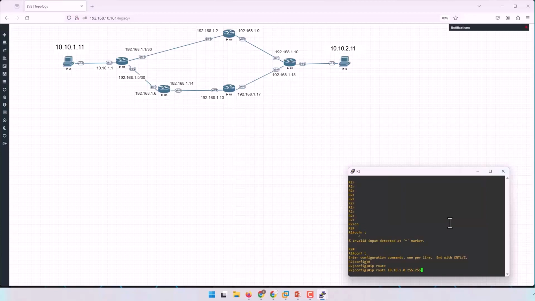10.10.2.0 with 24-bit, 192.168.1 dot. Of course, it should go through R2 to this interface, and that is 192.168.1.18. And also in reverse, when the route tries to get back, now this router needs to have information about